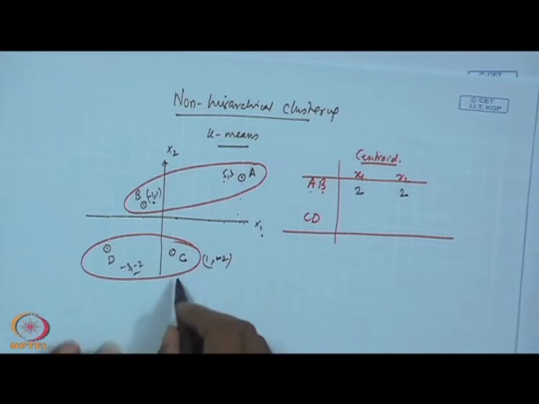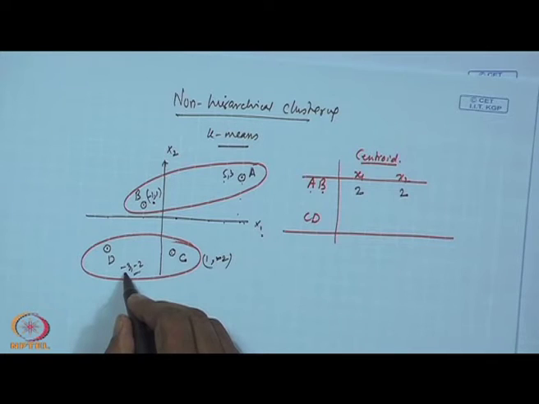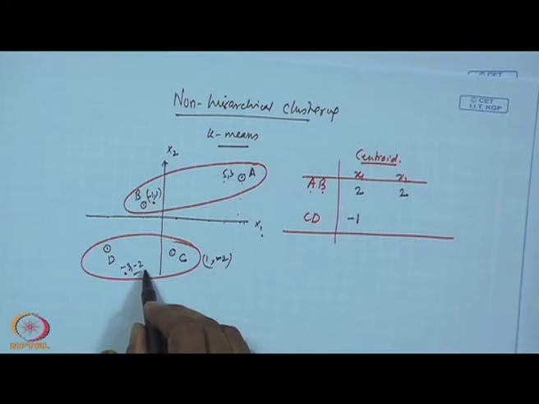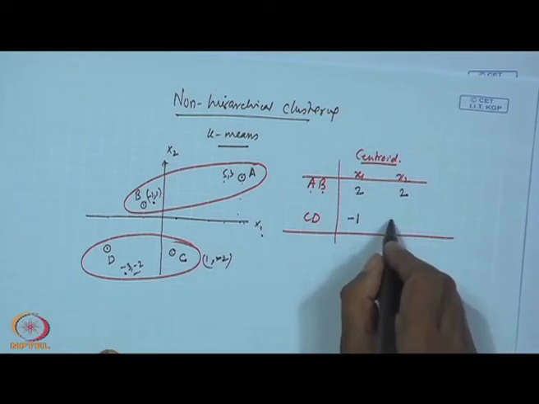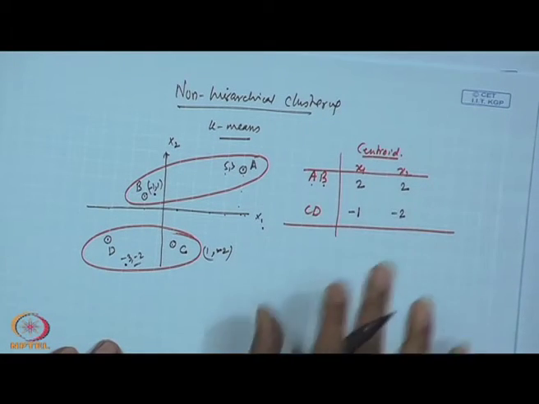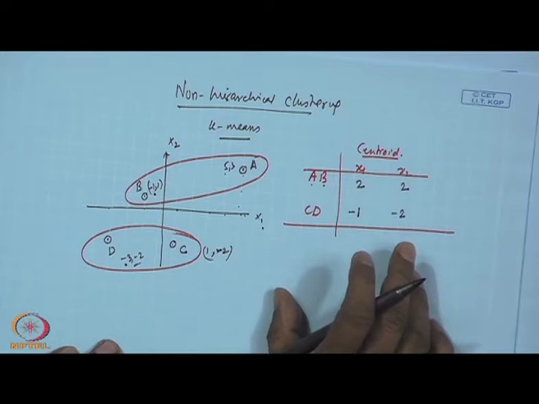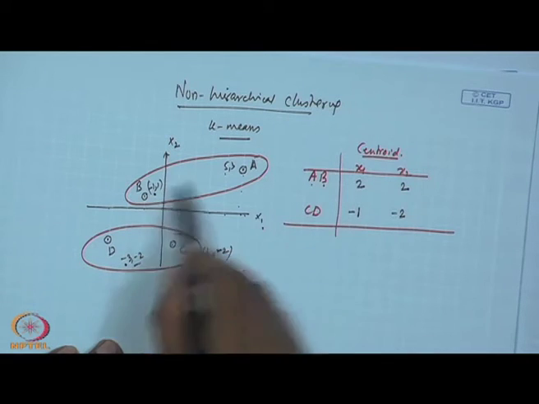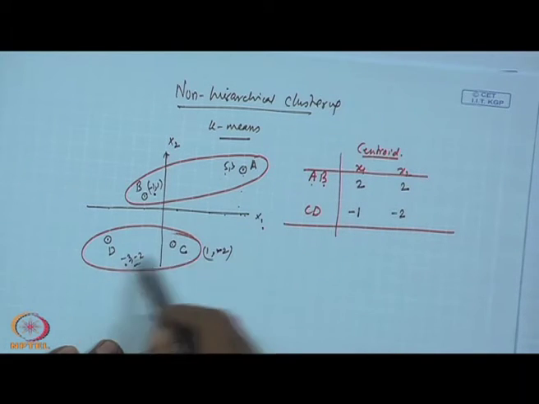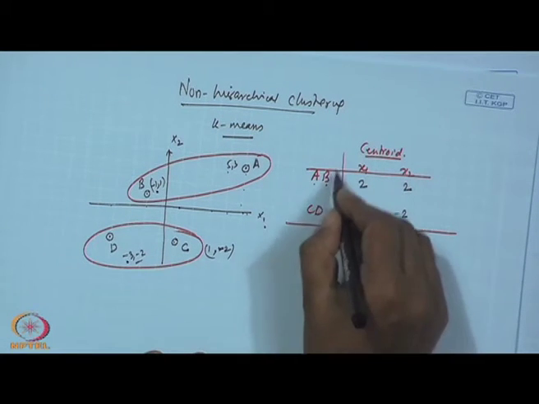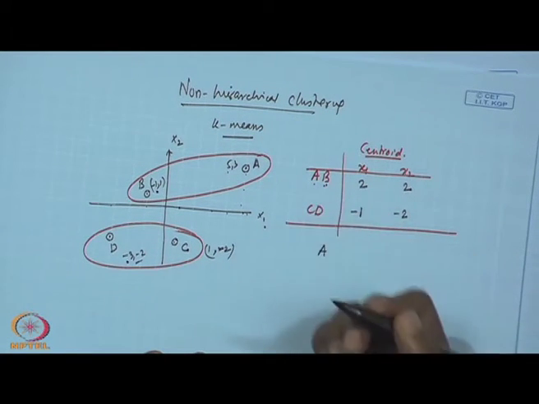Now, what is the centroid here? Here 1 minus 3, that is minus 2 by 2, that is minus 1. Then minus 2, this minus 2 minus 2, minus 4 by 2. Correct? This is arbitrarily what you are doing. Then what you have to do? Then you calculate again for all the points A, B, C and D, whether they are truly falling under A, B or C, D.